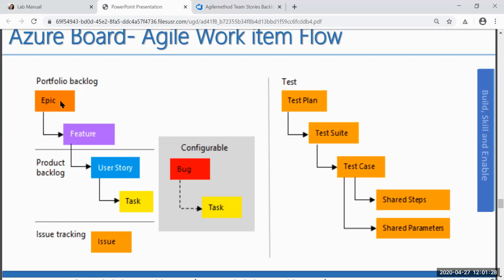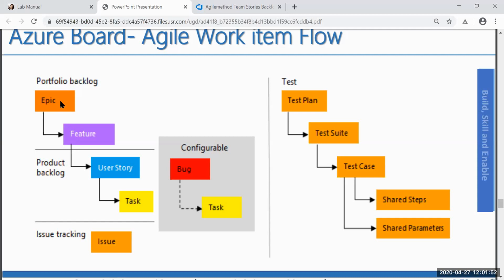Obviously, for every feature there would be someone dedicated for the tasks. Again, when we go to test, there is the test plan, test suite, test case. So there's a certain process you follow under the test also.